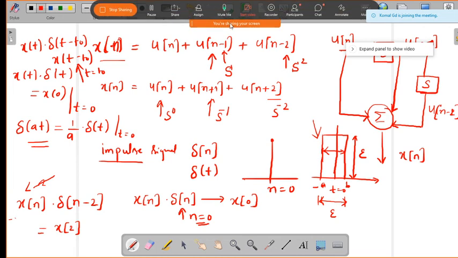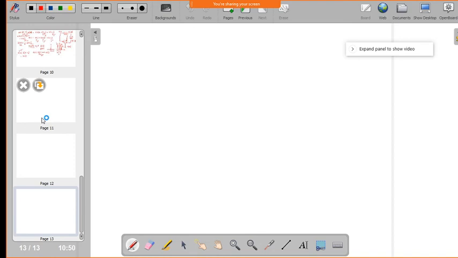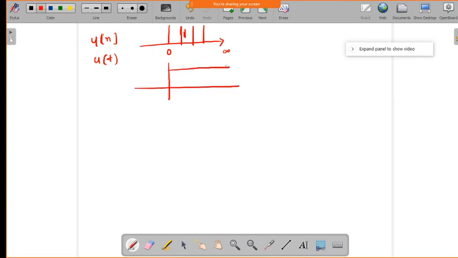Okay. So after that, we have discussed the unit step functions also, and some of the other functions, that is unit step function, u of n or u of t, which will be defined only for 0 to infinity, having discrete set of values. This is the unit step function. In the time domain we can represent it as u of t.